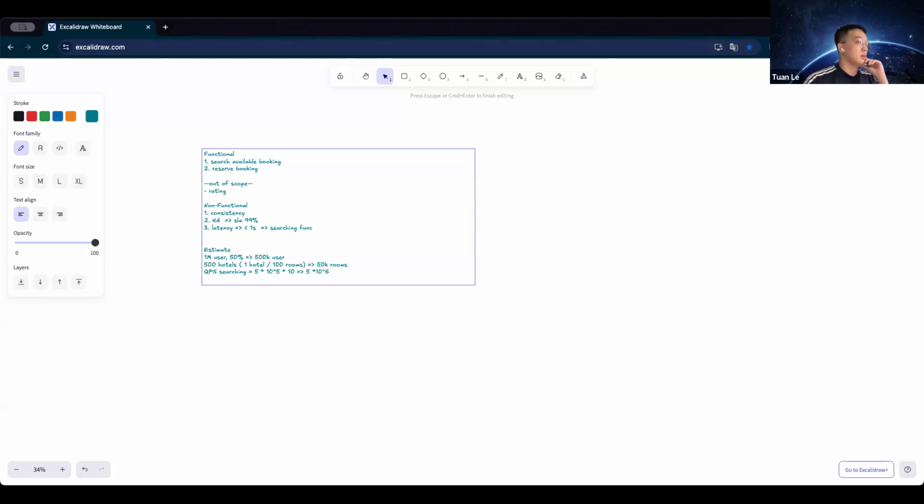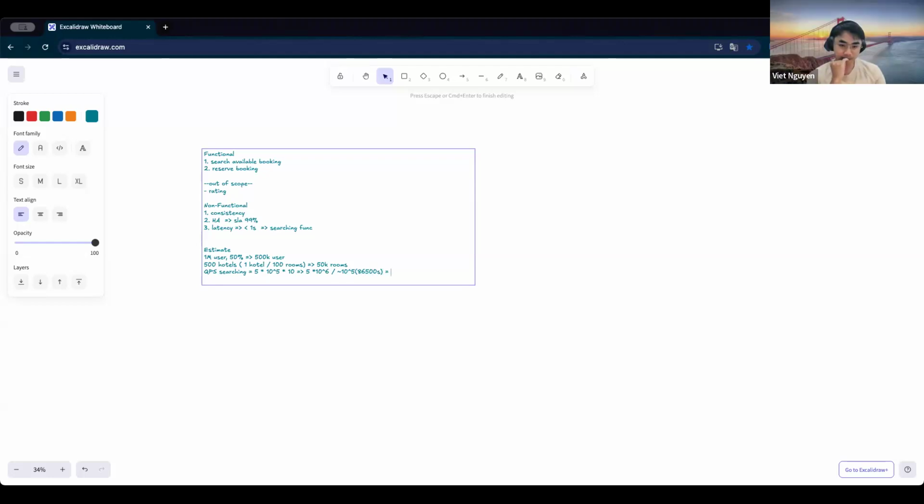And I divide by the total seconds in a day. I want to round it to 10 to power of 5. It's the minimum. We have around 86,400 seconds, so I want to round to 10 to power of 5.